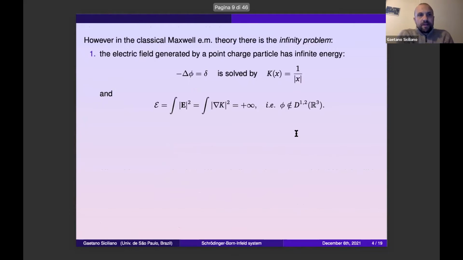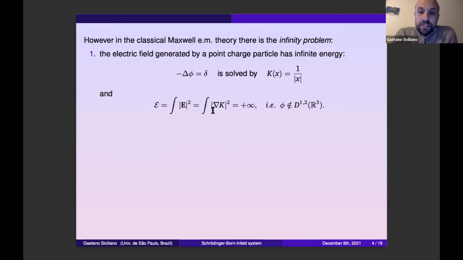The fact is that if we compute the energy of the electrostatic field generated by a point charge located in zero, so we have an equation of type minus Laplacian of phi equal to a Dirac delta, the solution is the fundamental solution of the Laplacian. This means that the energy of the electromagnetic field, which is just the integral of the modulus squared of the gradient of phi, the solution,